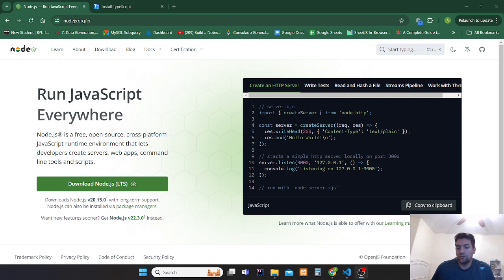Why do we want to use TypeScript? TypeScript will improve the code quality because you will define the data types, so it's easier to spot mistakes while you're coding and not wait until you have to run the code.